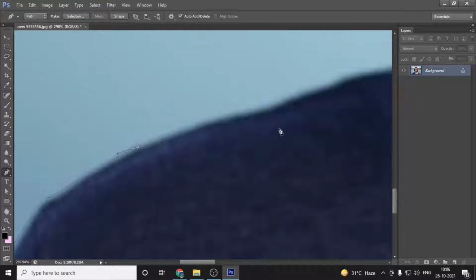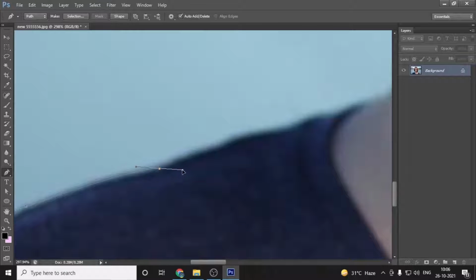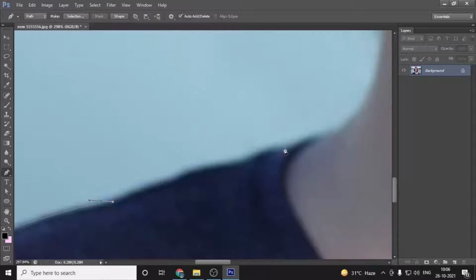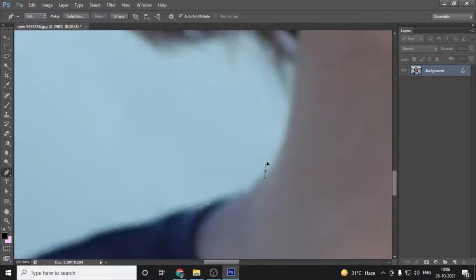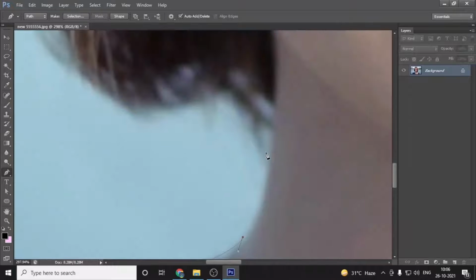So you just have to put curves. It depends on you how accurately you want to curve it. When you are stuck in a situation like this, you took a wrong curve, what can you do?